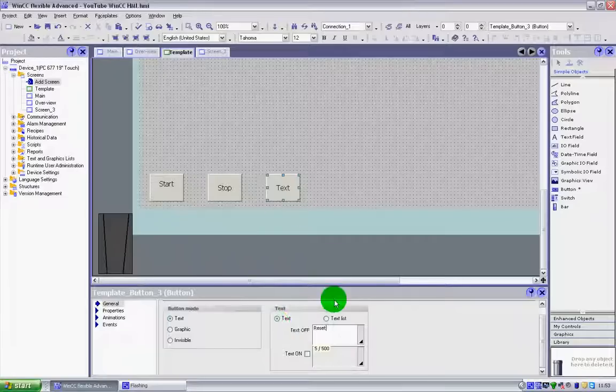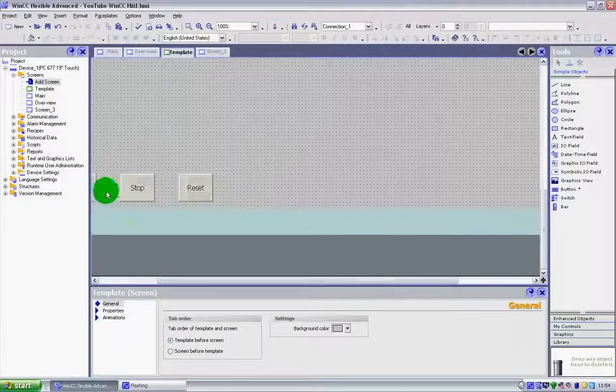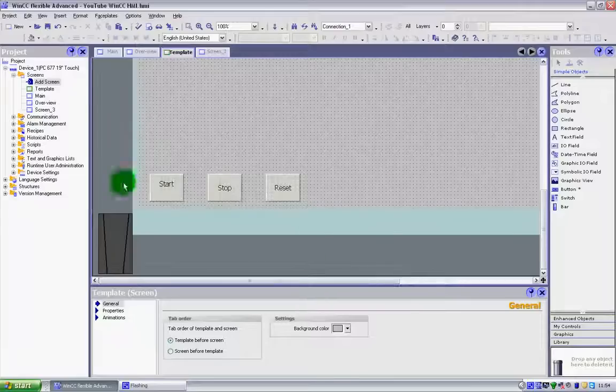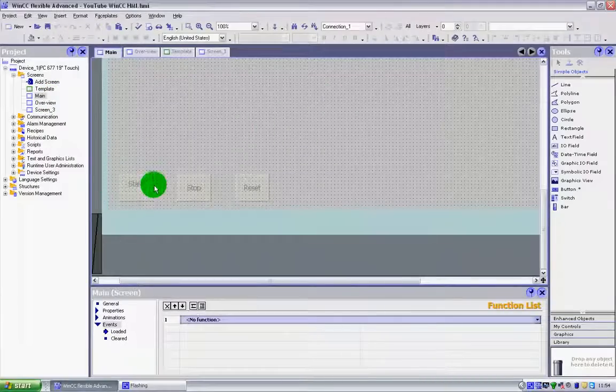Now the reason why I'm just showing you this here is because it's part of the template. I like having a menu system along the bottom of the screen, and I'll show you this on another project at a later date. But what this allows me to do is put these on the template, and then on every screen that appears,